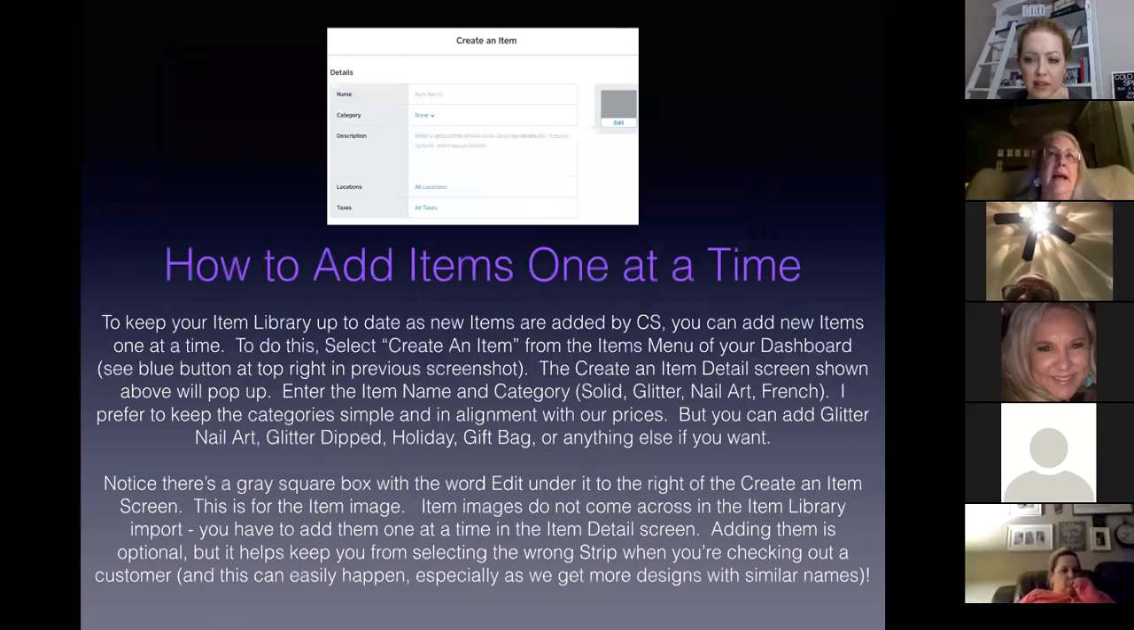So you can add items one at a time. And once you've downloaded your Color Street item library for the first time, you probably will start adding items one at a time. To keep your item library up to date as new items are added by Color Street, you can add new items real easily one at a time. To do this, select Create an Item from the Items menu of your dashboard. You can see the blue button at the top right,